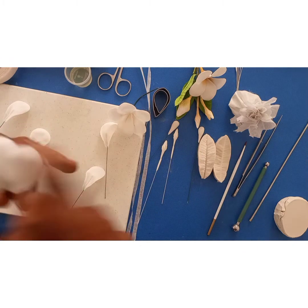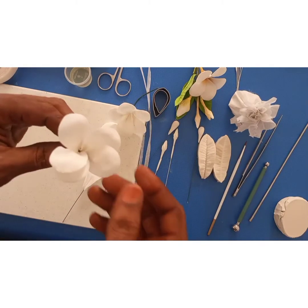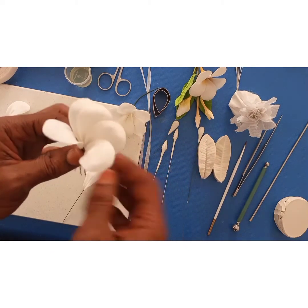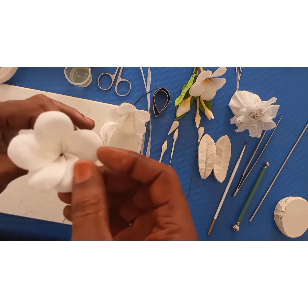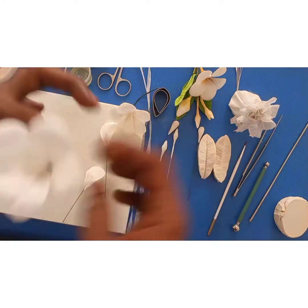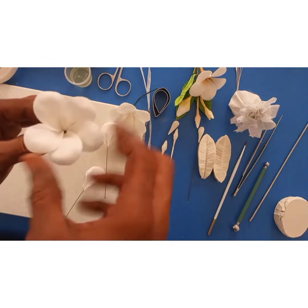So how many petals? 1, 2, 3, 4. I need one more petal. Oops. Sorry. So I have 5 petals here. I would start the arrangement. So you can see that it's as easy as you can imagine. So once I've achieved the spacing,